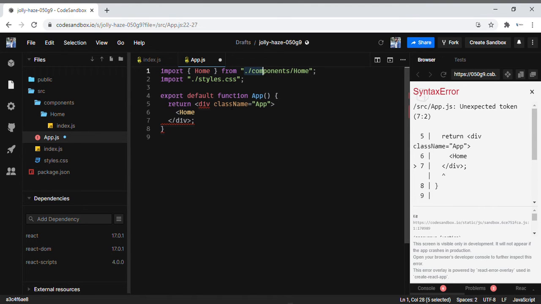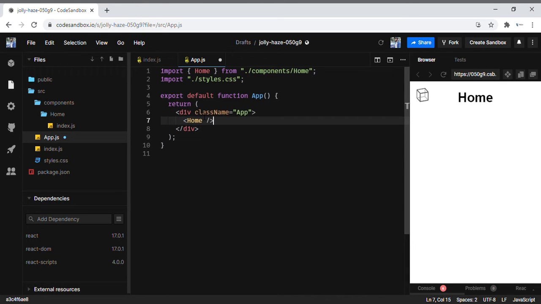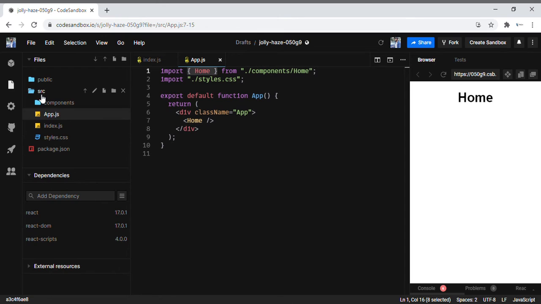Let me close this tag. It has been auto imported like this, correct? It is under the components folder, in components it is under Home. Since I exported it, it was imported automatically. Let me minimize this for you. If you see, we are here.